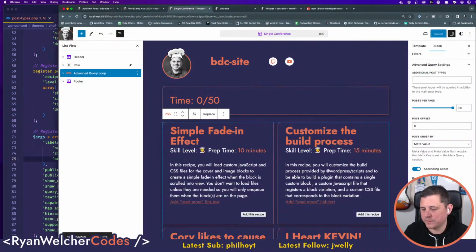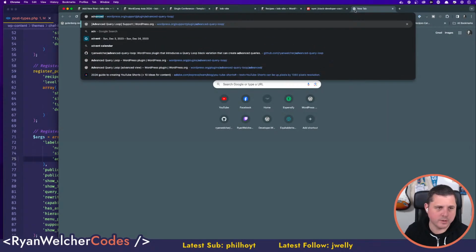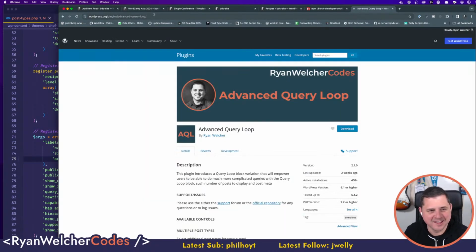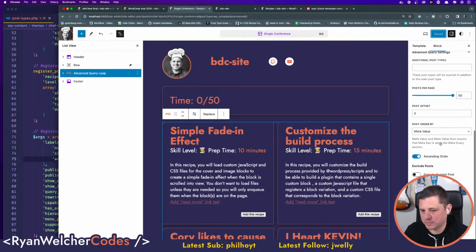So this is a shameless pitch for my plugin, but it's called Advanced Query Loop, which, fine, I'll drop the link. Basically it's a query loop variation, and it allows you to do a lot more complicated things.